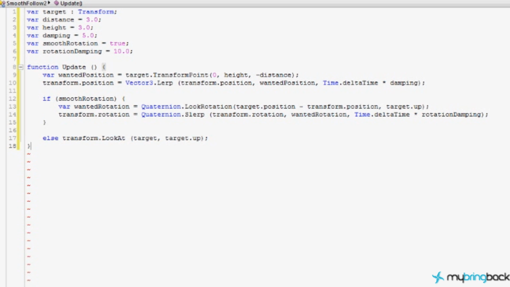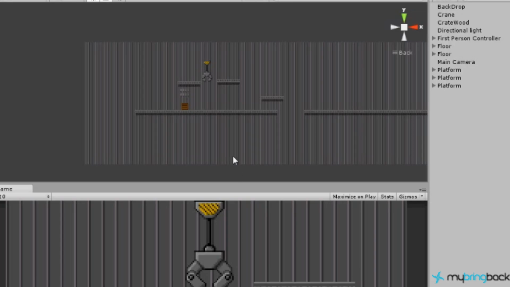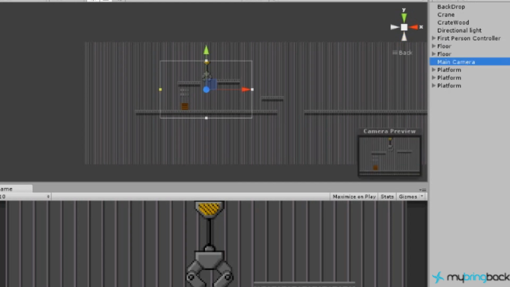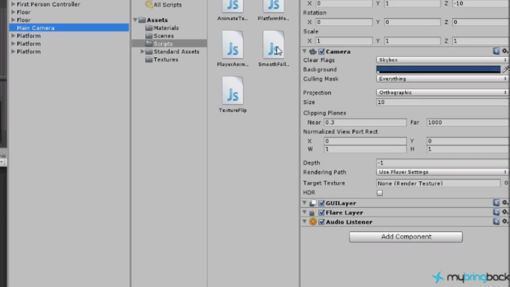There's a couple of settings in here we are going to use and a bunch we aren't. If I save this script, go back to Unity, grab my main camera, and drag that script file onto it,